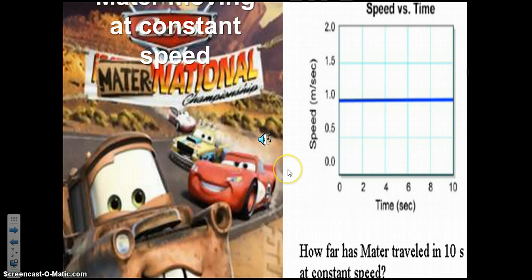Okay, and we need to ask ourselves the question, well, how far did he manage to travel in 10 seconds? This is asking us for distance, but they gave us a velocity graph, and it seems weird, but we can actually take advantage of this. To figure out displacement from a velocity graph, what do we do? We color this in and we figure out what is the area under that velocity curve. All we have to do is base times height. So 10 seconds times 1 meter per second gives us a distance of 10 meters.